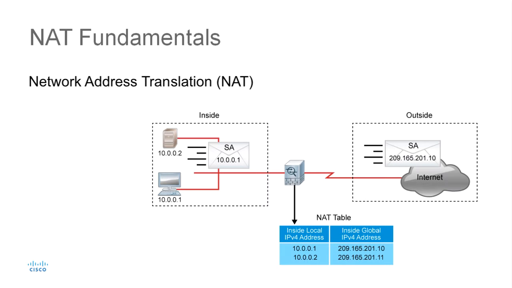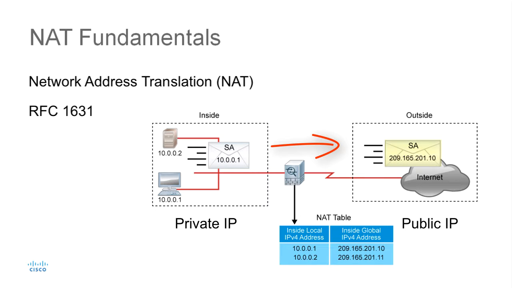In this section, we'll cover the fundamentals of network address translation, also known as NAT. NAT, defined in RFC 1631, operates in Layer 3 forwarding devices to provide address simplification and conservation. The most common use of NAT is to connect networks using private RFC 1918 network addresses to the public internet. NAT translates the private addresses that are used in the internal network into public addresses that can be routed across